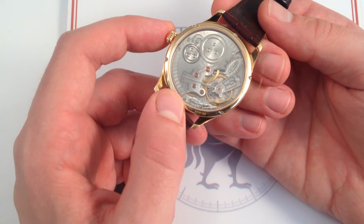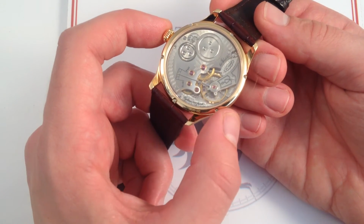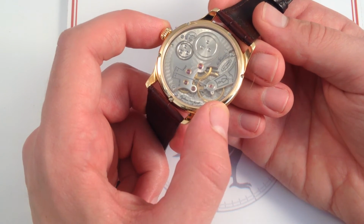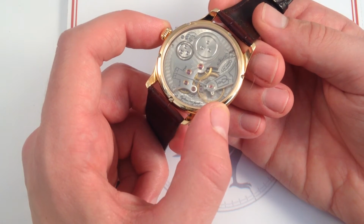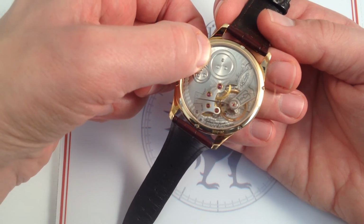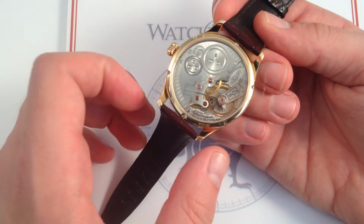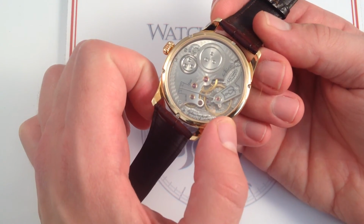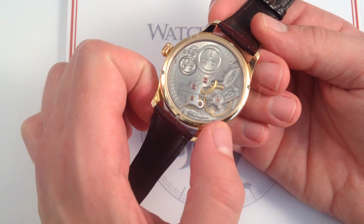It's also a wonderful modern movement in its own right, with a nice, slow-beating, giant balance. You can see the size of that balance. I mean, quite honestly, it's bigger than the battery in most quartzes. It's almost the size of the ratchet wheel on top of the mainspring barrel here. It's simply immense, and beating at a very traditional 18,000 vibrations per hour, you really get a good look at